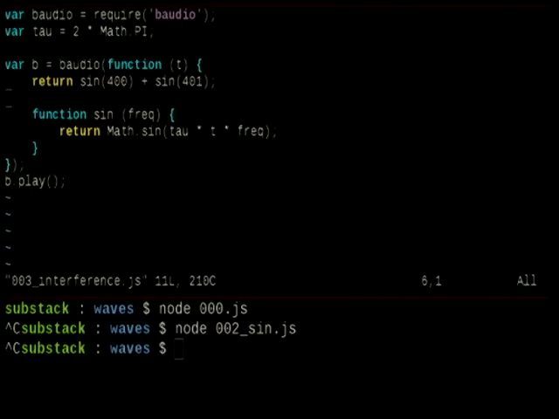Here's something cool you can do. If you take the sum of 2 sine waves, an interesting thing happens if the frequencies are really close together. So here we have a sine wave of 400 hertz, and we add that to a sine wave of 401 hertz. Now, they're mostly going to be constructively interfering at first, right? They're going to be just adding the values together. But because one is at 400 hertz and one is at 401 hertz, the difference is 1 hertz, or once a second. Every second, the second wave will catch up completely with the first wave, and they'll cancel each other out. So you get this fading pattern where it fades in and out every second. So if I run that,